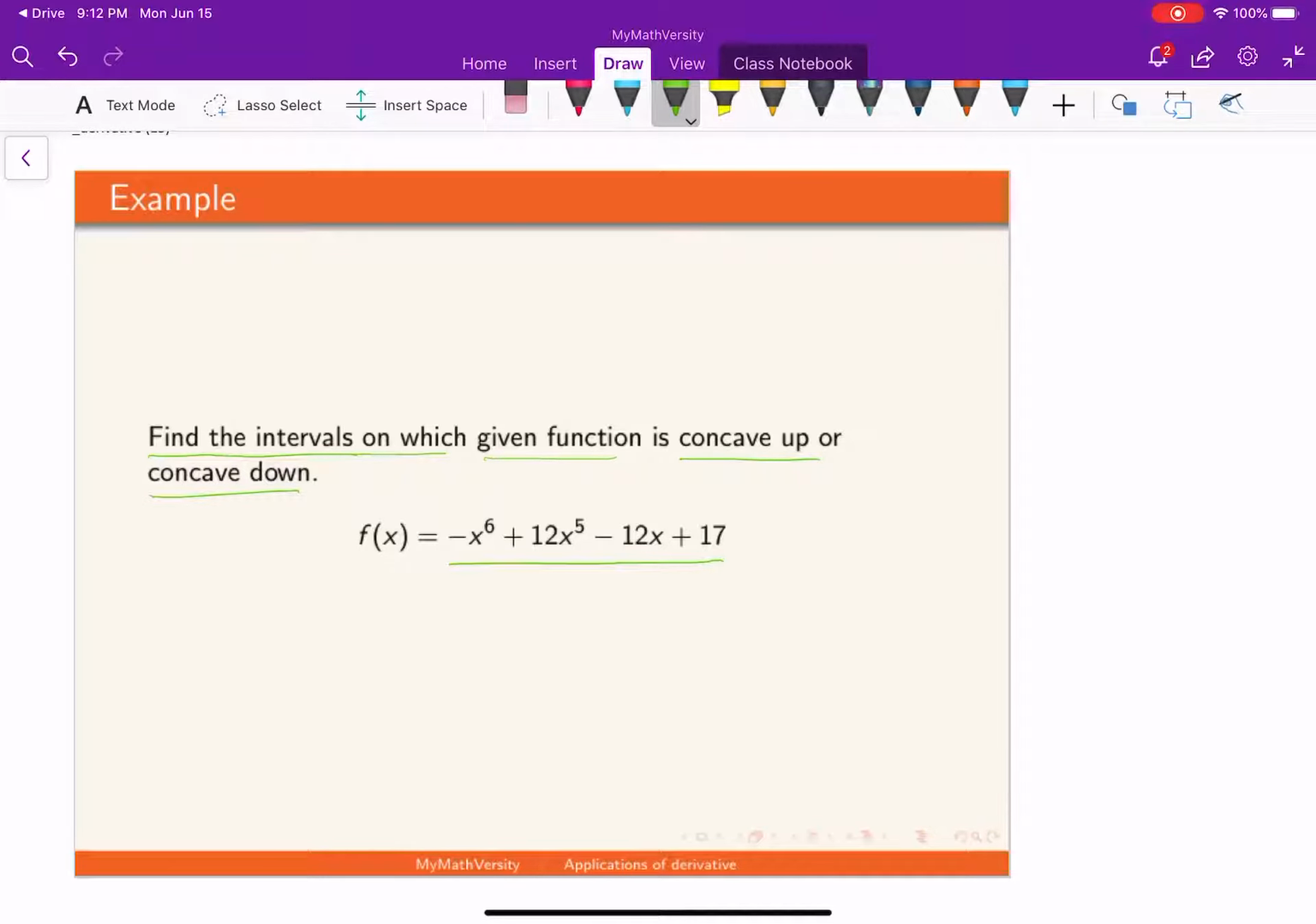And we are going to do that by using the concavity test. If you are not sure what the concavity test means, please watch the suggested video. I just want to write down here the summary of that. The concavity test says that